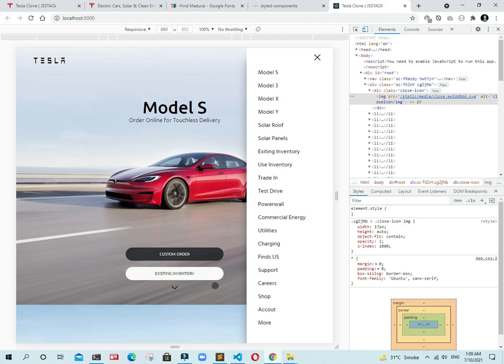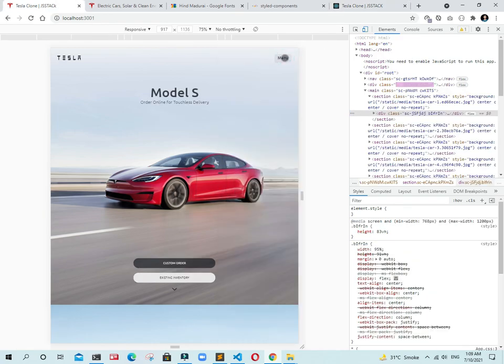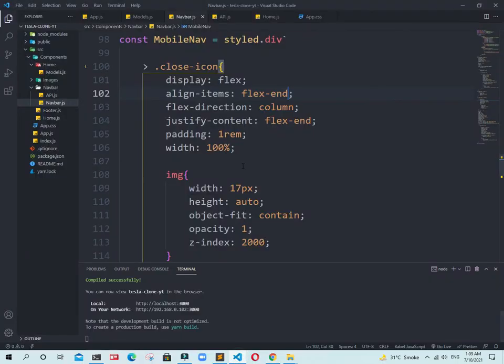Now we need to just add our hooks. Now guys, we need to add on click functionality. When I click on this one, it is going to be false or true. Similarly, look there, it's going to be false or true. Okay, so now go back to there.